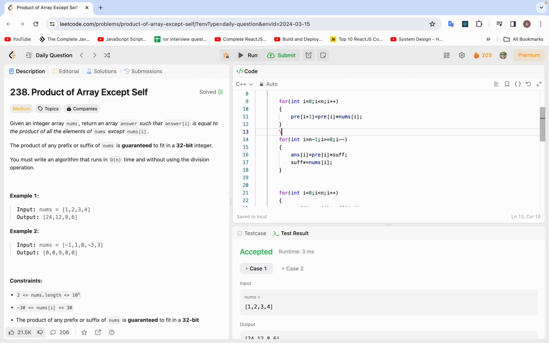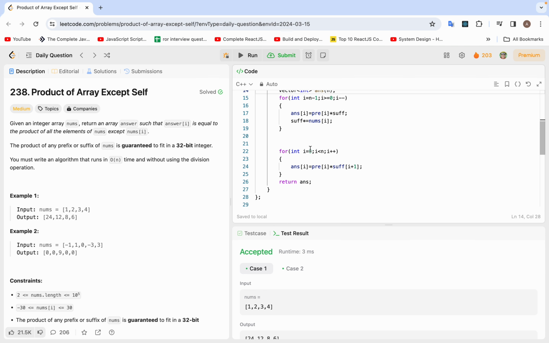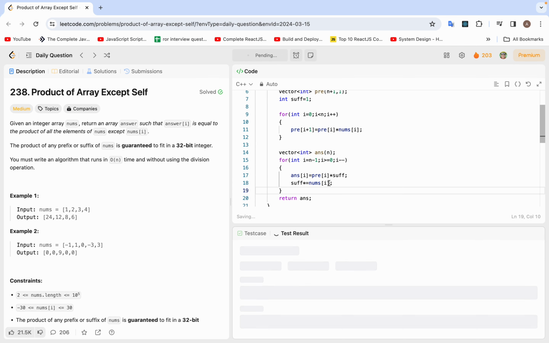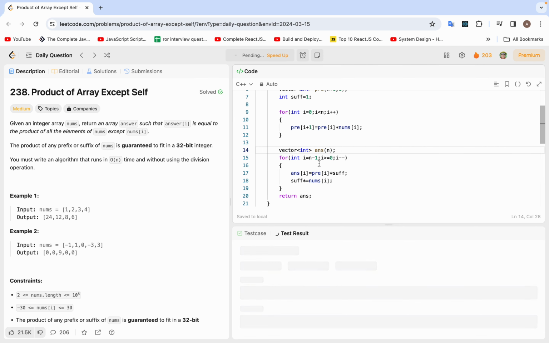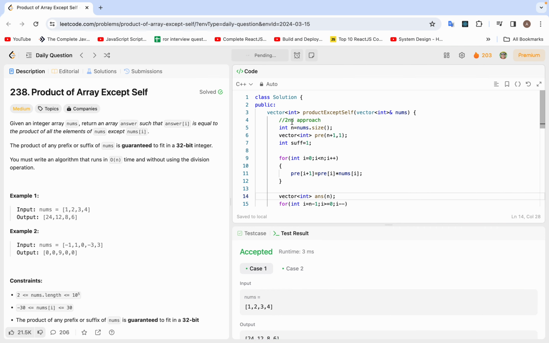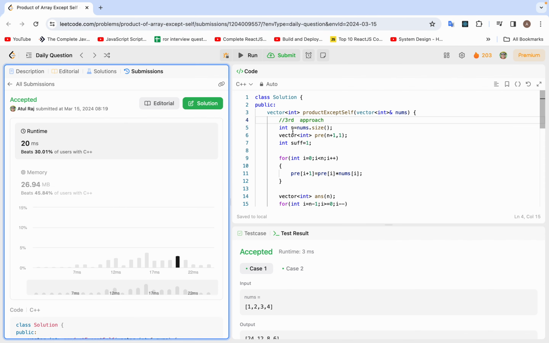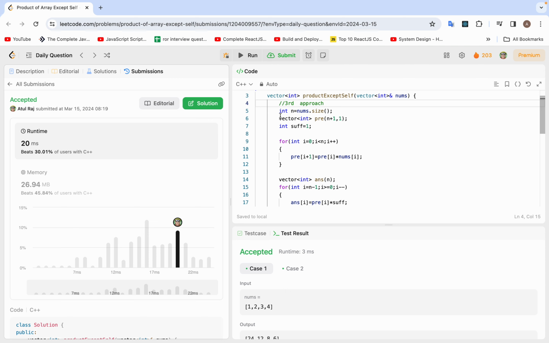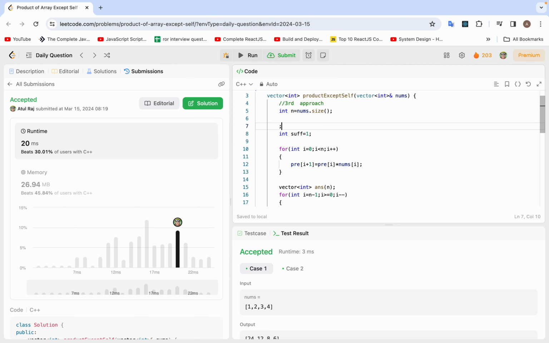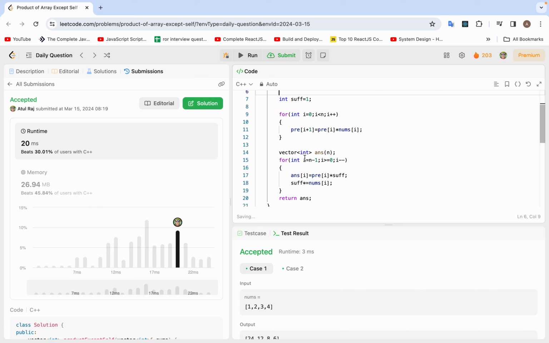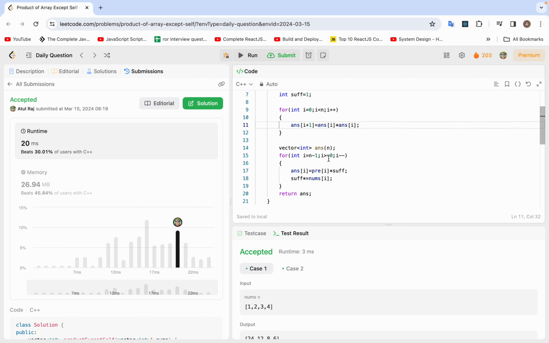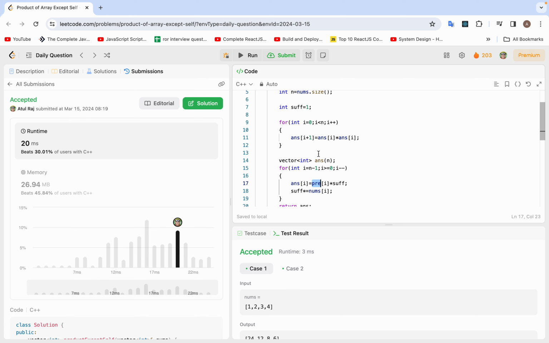This should be in the upper part, otherwise it will give a comparison error. Now this we don't need, and now this should work also. From O of 2 to O of 1, let's submit it. Now we will see the third approach where we don't use this. We can use this answer array for that, to store this. Right. So for that,